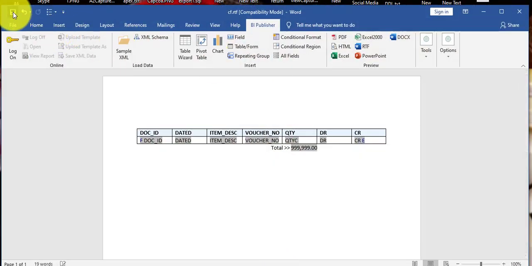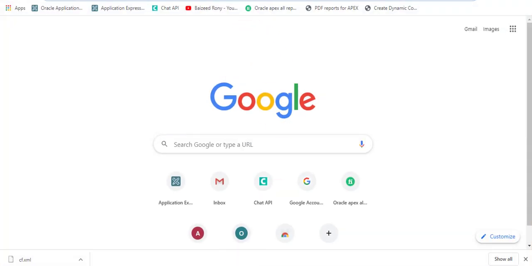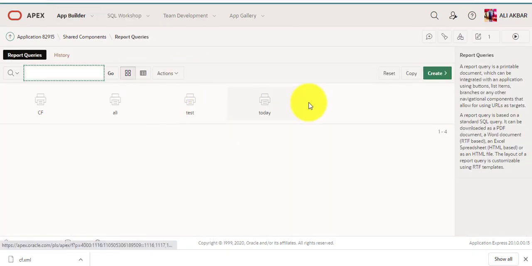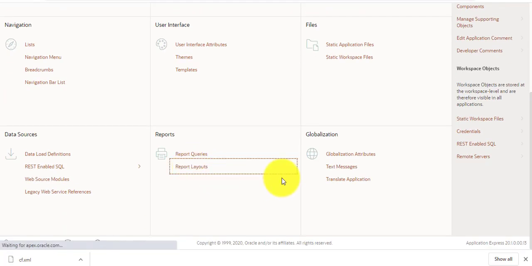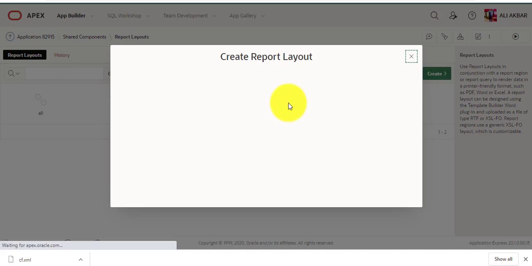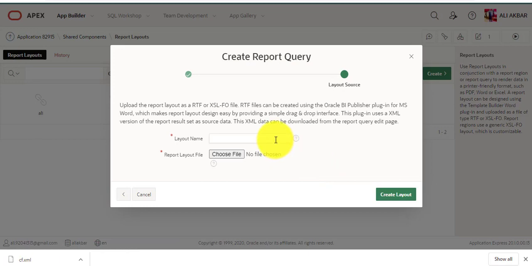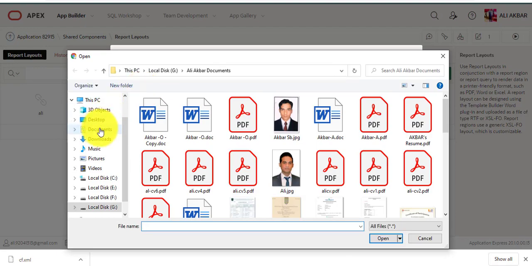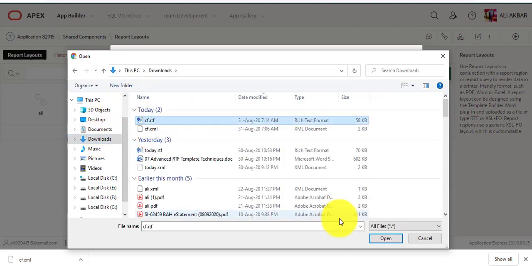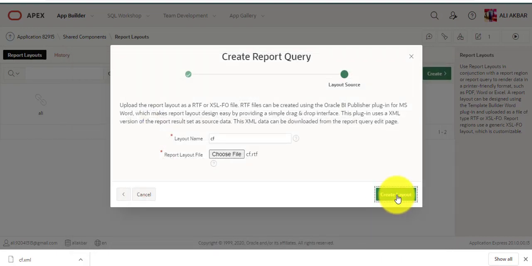Now I'm saving this RTF file. Now I'm uploading it in my Apex. Report layout, create, RTF, CF, choose file, RTF, open, create.